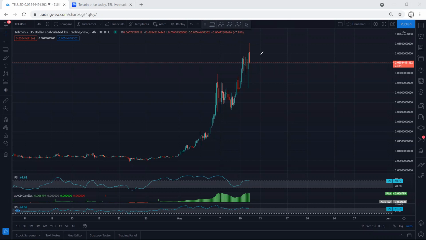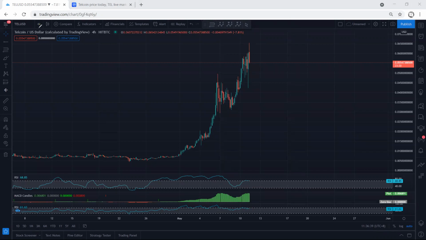As I say again, the prices are at the top. The highest price is 0.065. Buying at this top is really risky because we can see that over the last 3 weeks it has been moving all the way. That means it maintains the uptrend. Where is the next correction? This is what we need to know.